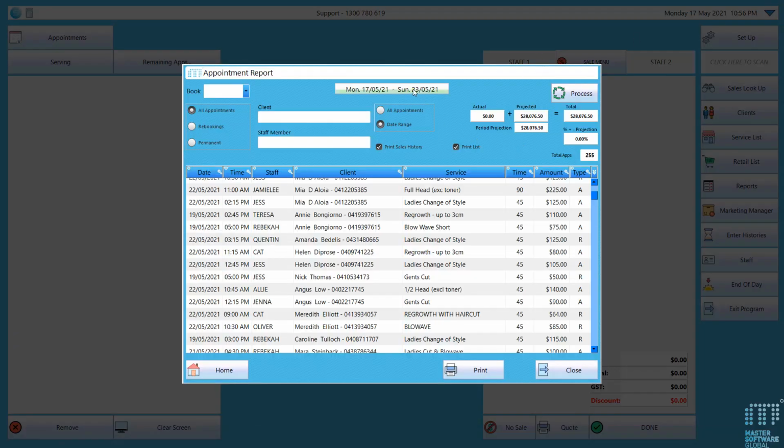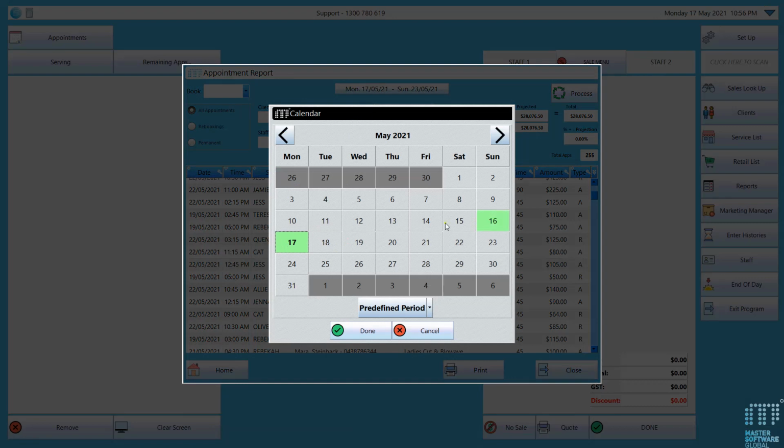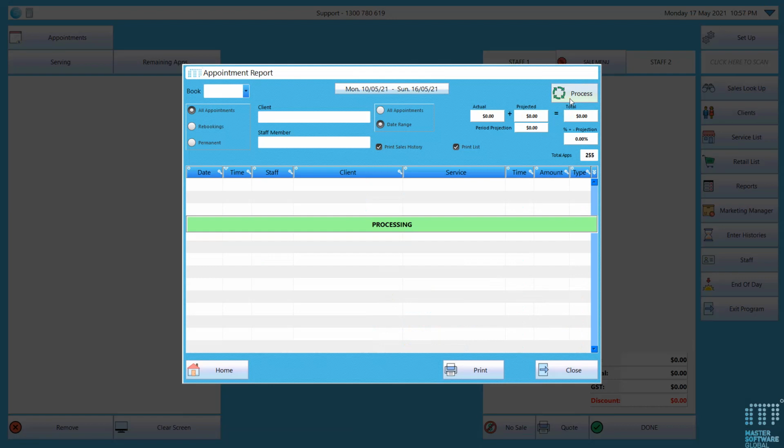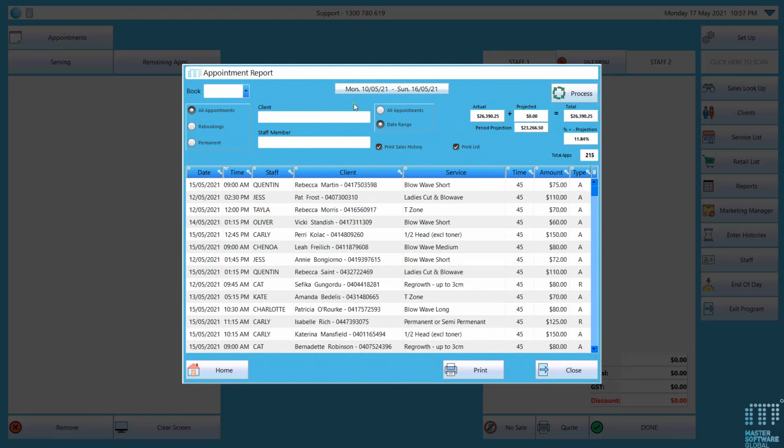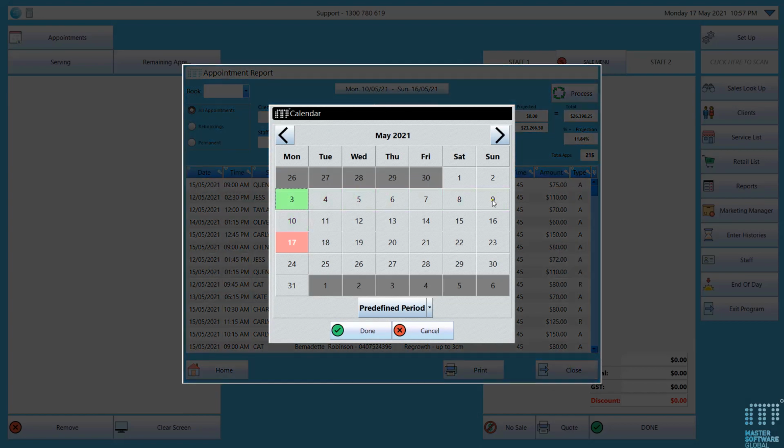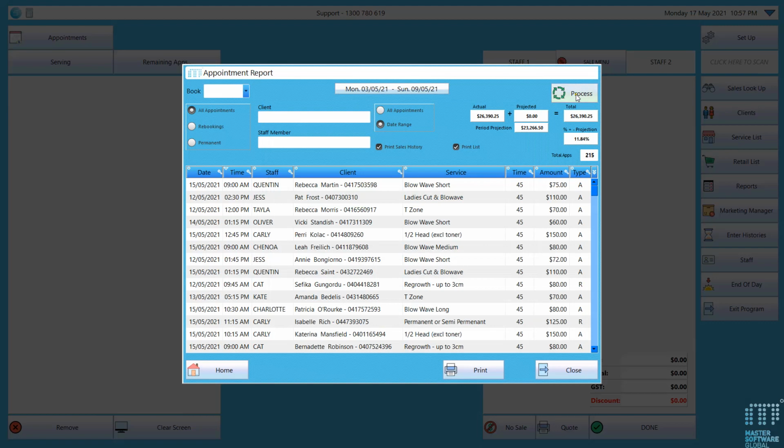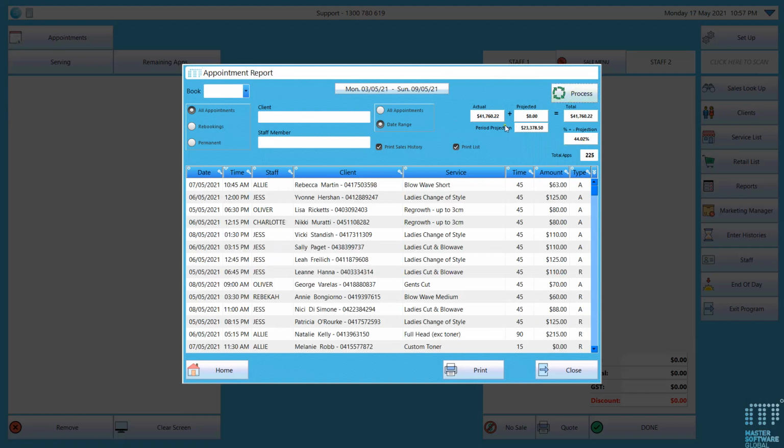Now, if you were to go back in time, this is a really cool feature. For this particular time frame, on Monday the 10th, the salon was projecting 23.2. By the end of the week, they actually did 26. So you can see that it was 11% above its projection. And if you were to do that week by week, you can get some really good figures